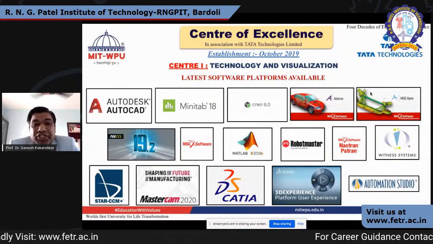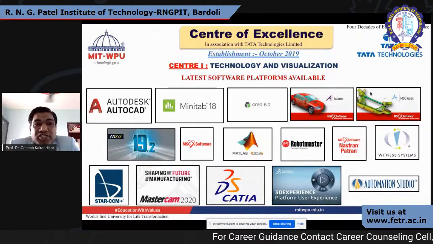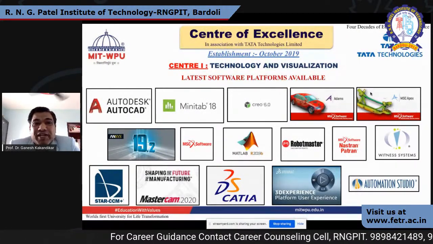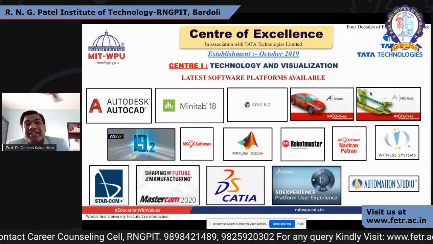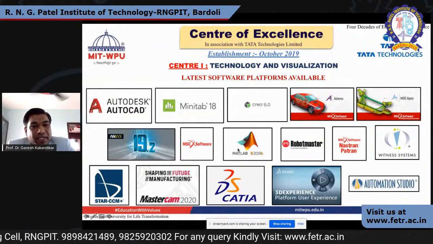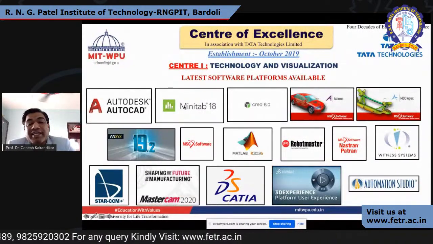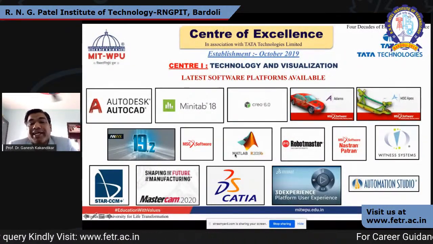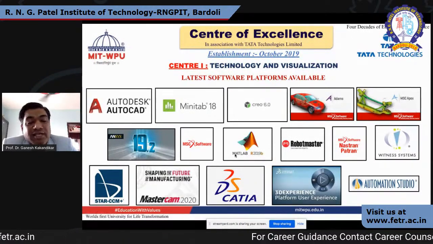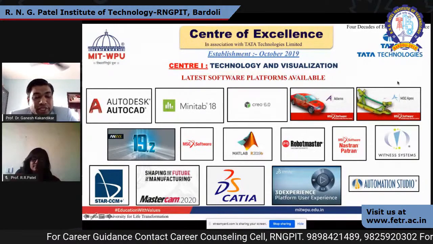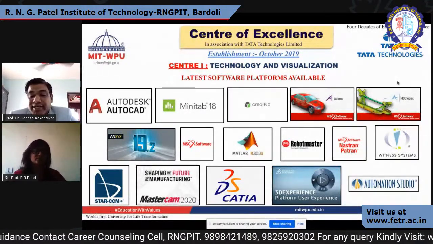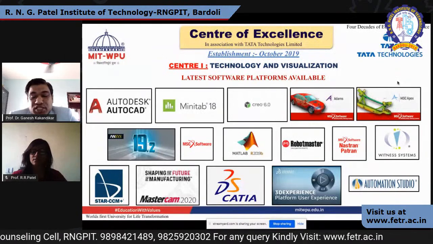We also have 2 centers of excellence. One is called the Technology and Visualization Center, which we recently established in 2019, and we have all these software platforms available with us, and all these are industrial licenses. These are not academic licenses. This center has been set up in association with Tata Technologies. For the next 2 years, Tata Technologies is our partner, and they are going to train our students on these software